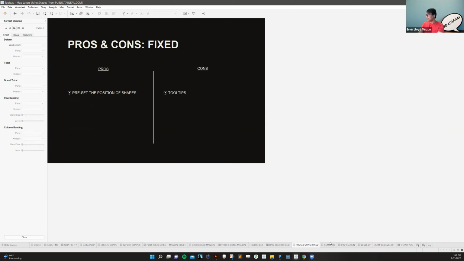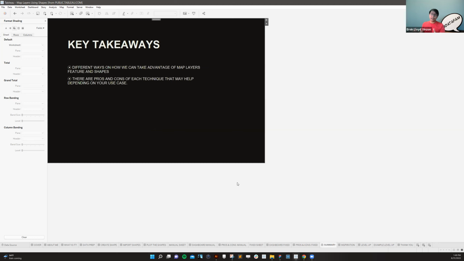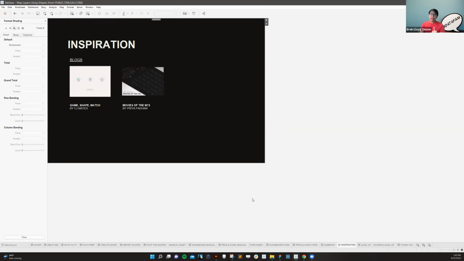shown. So for summary and for key takeaways, there are different ways on how we can take advantage of these map layers, feature, and shapes. There are pros and cons of each technique that may help depending on your use case. So for inspiration, I would recommend you